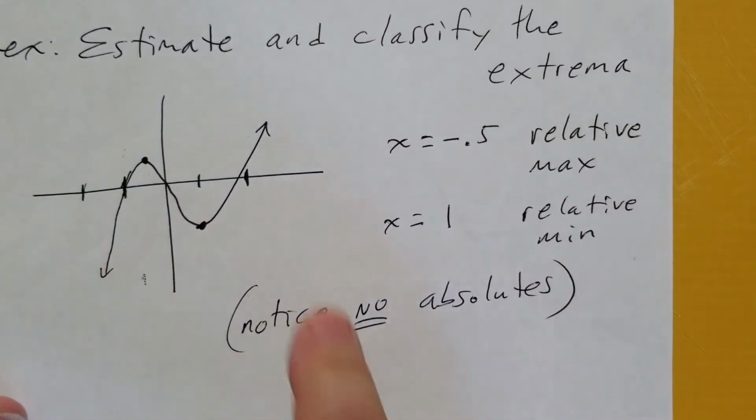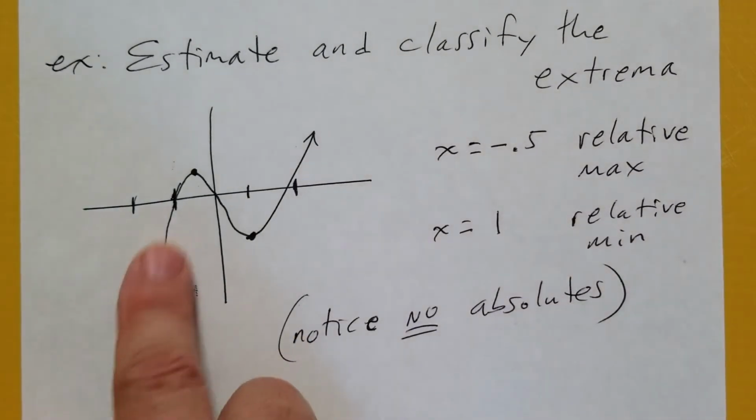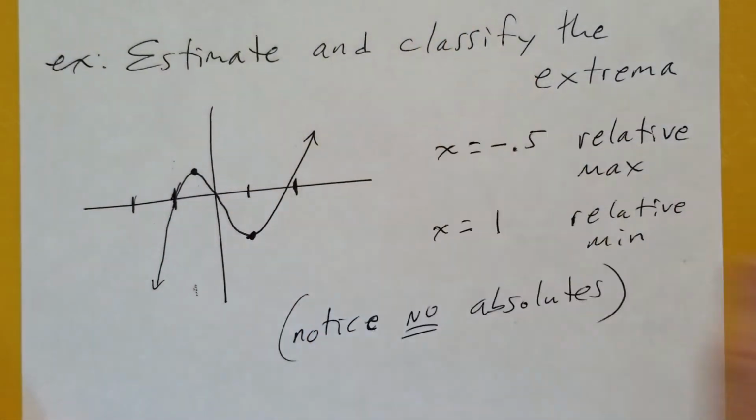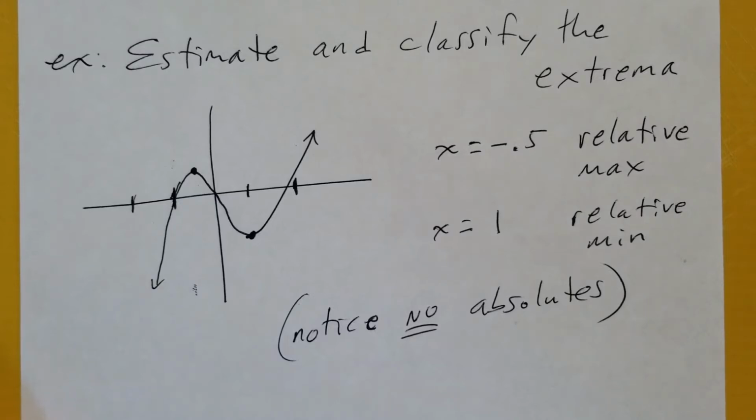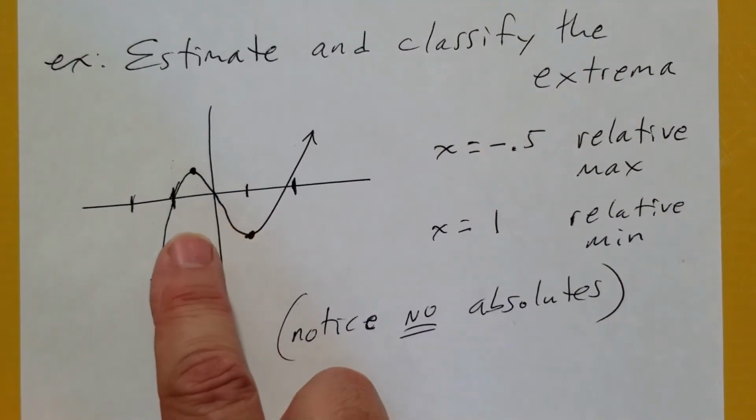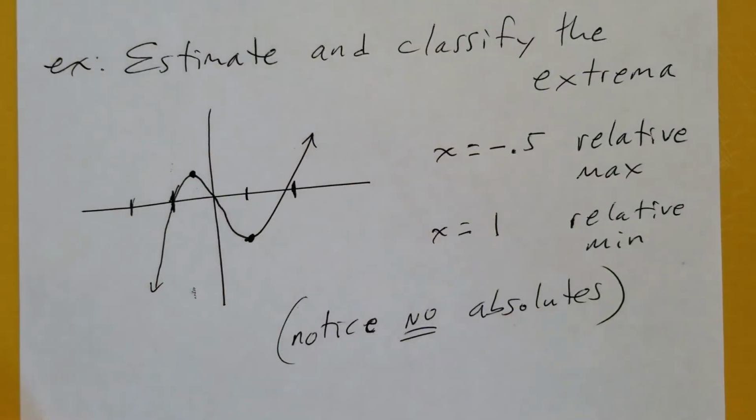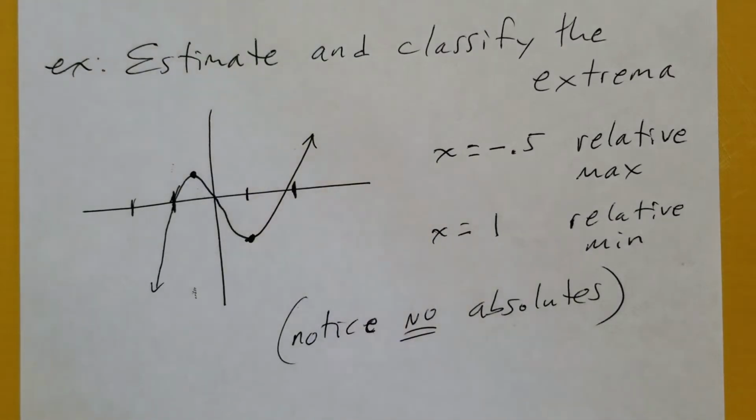So notice for both of them, we have no absolutes, right? There could be more minimums down here. There could be more maximum down there. We didn't check. But we definitely know that these are max and min. You can use the word max and min. Okay? Let's see